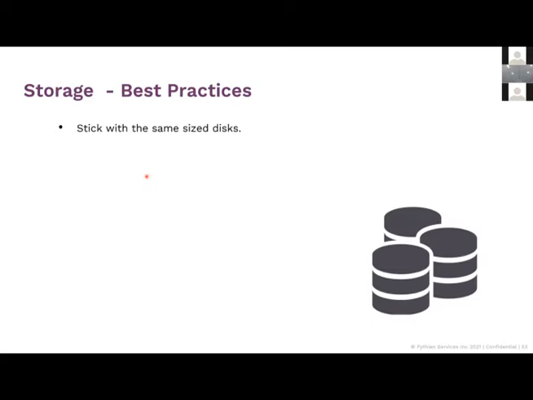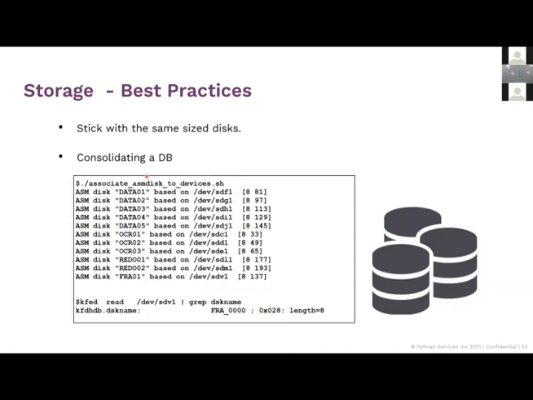Now, when you're working with storage, try and stick with the same size physical disks, right? Especially if you're consolidating databases on a server, let's say you've got 10 databases running and you want to add 3 more databases, you would need additional space for these 3 more. So first thing you'd want to do is identify the running disks, and this is the way you can do it. Once you've identified the running disks, you can read your header using this particular command just to ensure that this disk is not unallocated and it is in use, right?